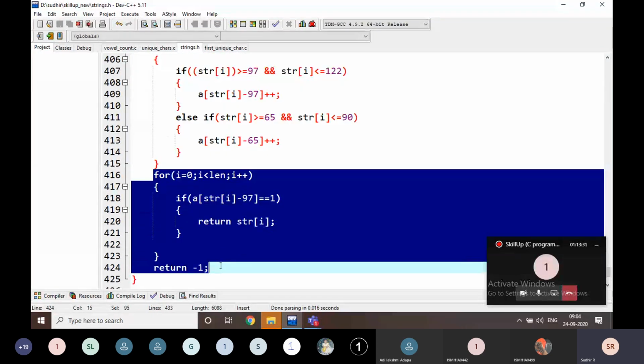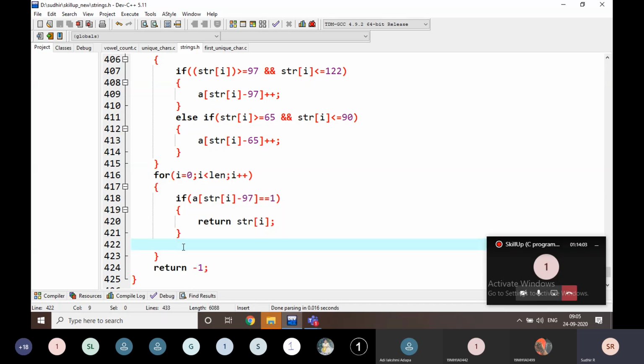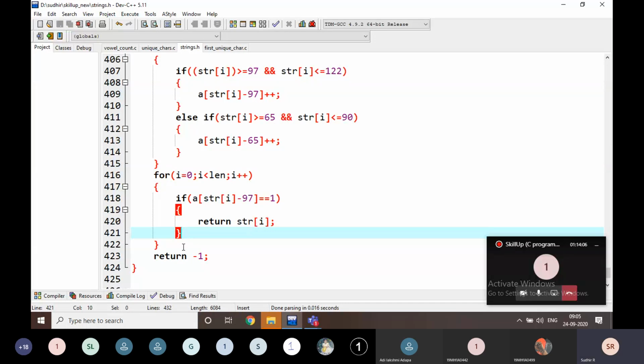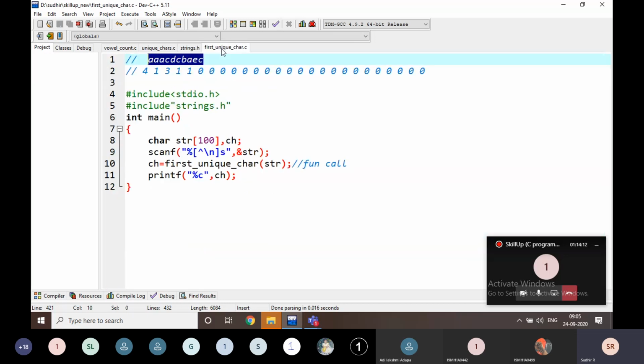This logic is enough. Okay, if it is finished, just note down the main function.